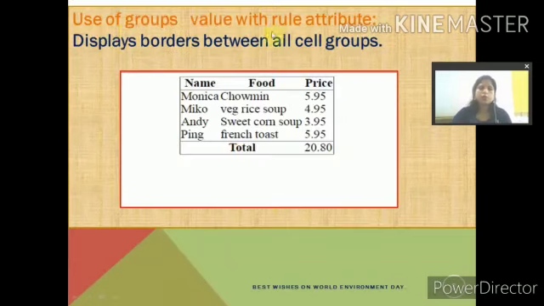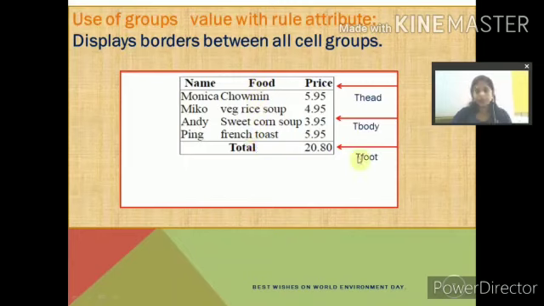And the use of the groups value with the rules attribute. Actually, this groups value displays borders between all cell groups. I will tell you this later on, because these cell groups divide the table into three parts.